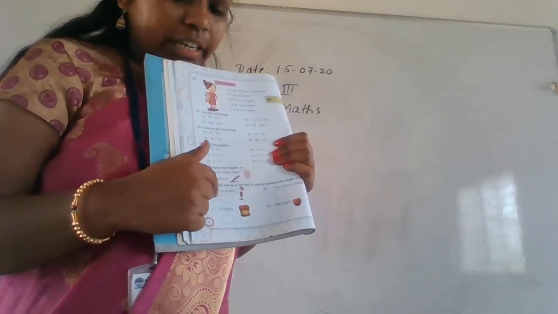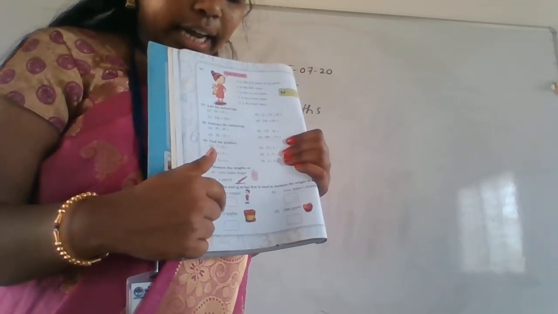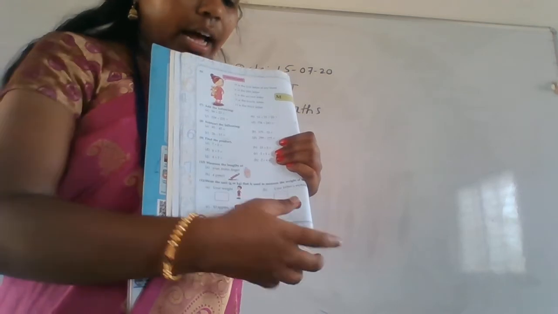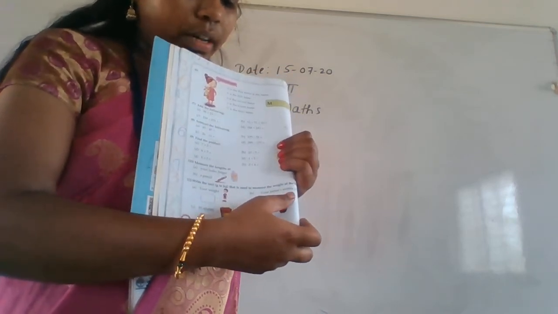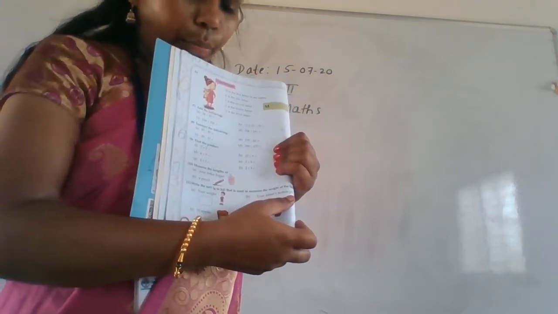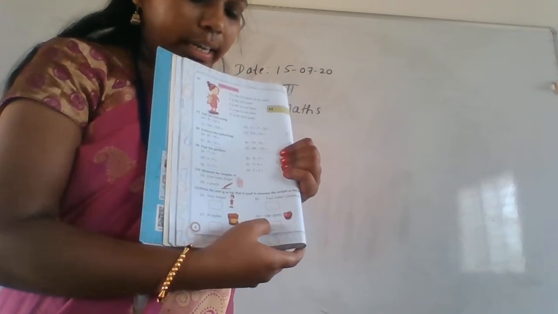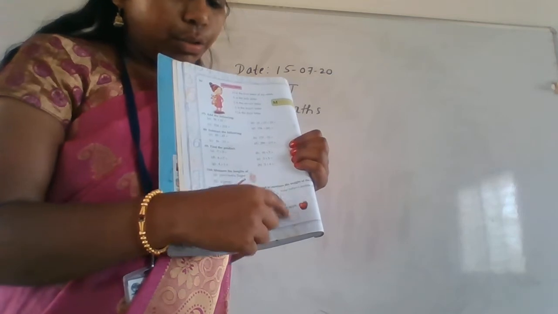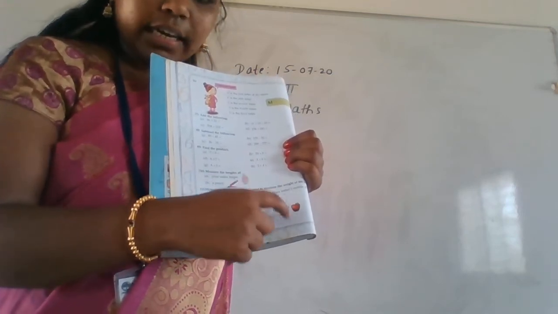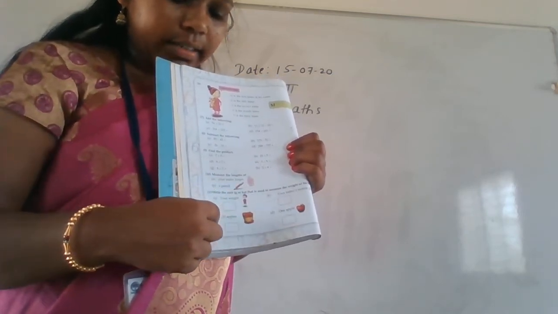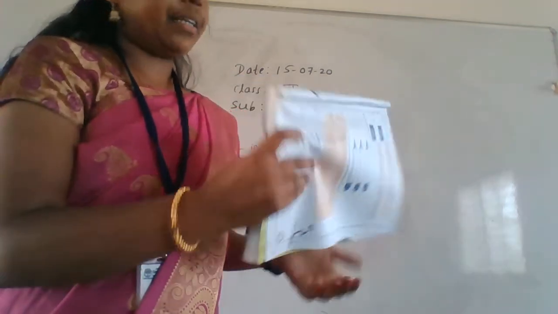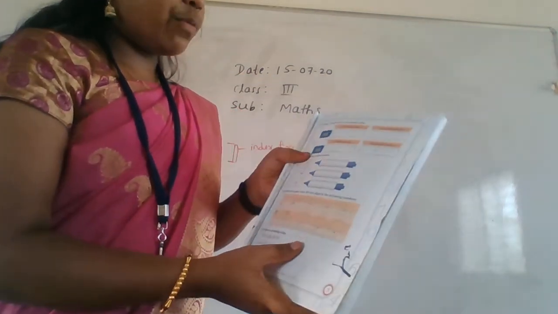So here your weight is in kg and here 10 apples are in kg. Again, your father's mobile phone is in grams only and one apple is also in grams. So B and D are grams, and A and C are in kg. Is everyone getting it? Okay, right. Next, what have they given?